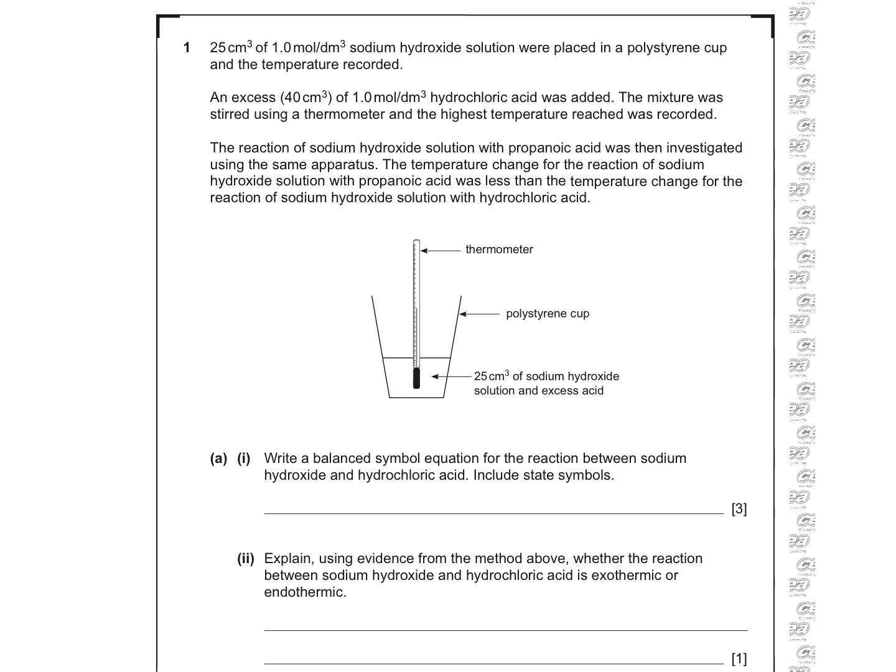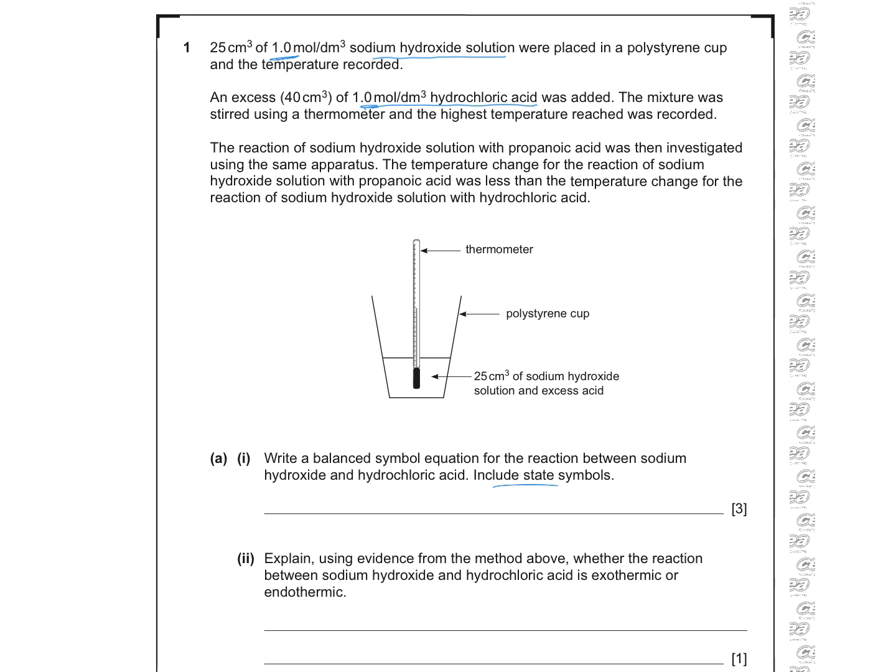In this question, the sodium hydroxide solution is being added to a solution of hydrochloric acid. So the concentrations are both the same. It's a 1 molar solution in each case. The hydrochloric acid is in excess. So the first question is, write a balanced simple equation for the reaction between sodium hydroxide and hydrochloric acid, and